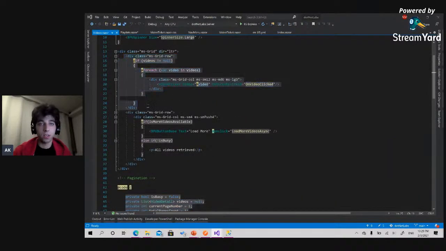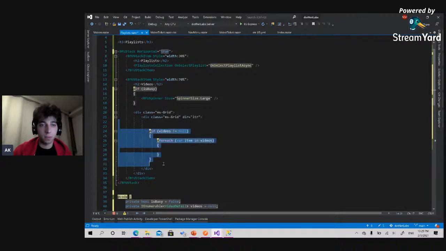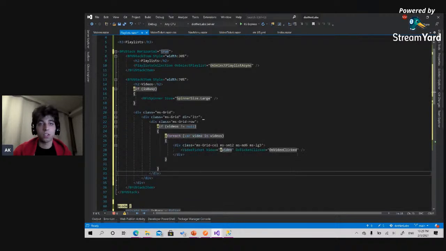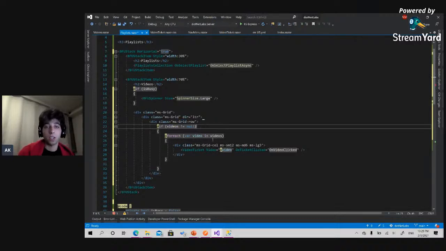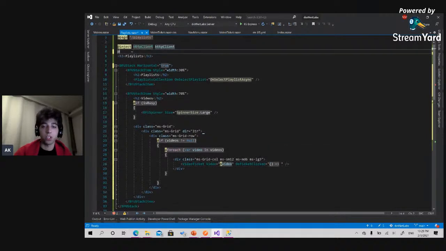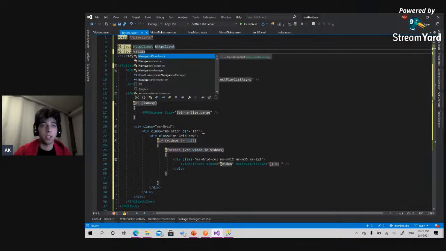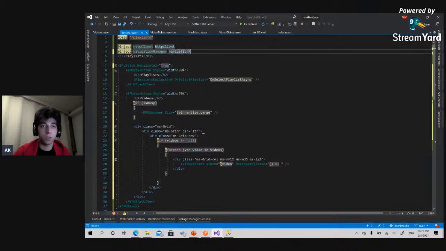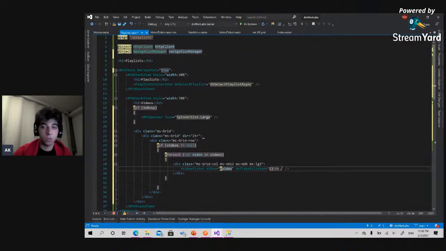So I can copy this and I can paste it over here. So it's going to be a row, then check if the video is not null, then iterate over the videos. And on video clicked, when you click on any of the videos, we are going to this page. So we should inject navigation manager here, navigation manager. But navigate to